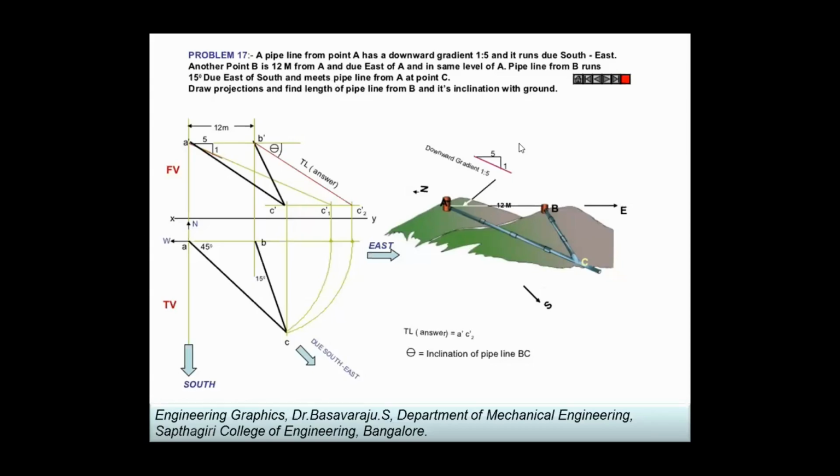At first, when you read this, you will not be able to grasp it. Only if you consider this xy and consider the east and west directions in the top view, where east and west are identified. A and B are 12 meters apart. Then you have to take a suitable scale and draw the problem. From here it is 15 degrees, and from here 45 degrees. Where this point meets, that will be the position C.